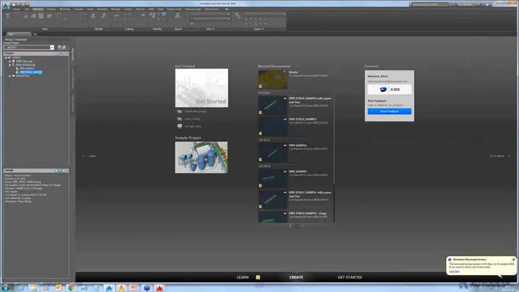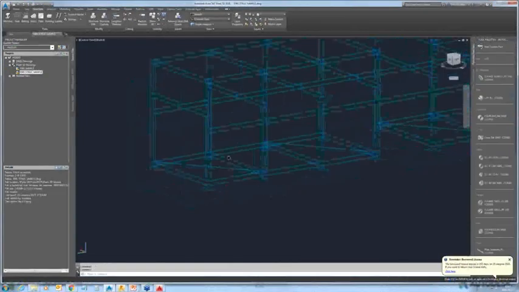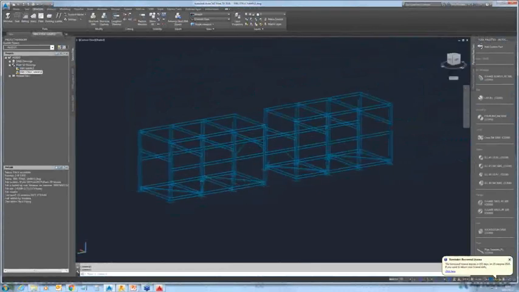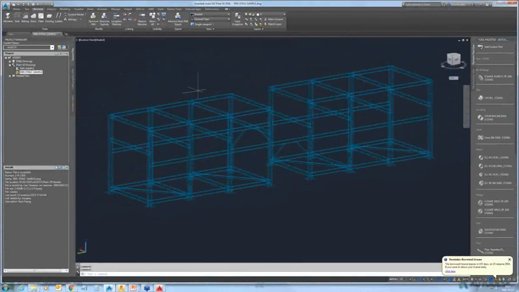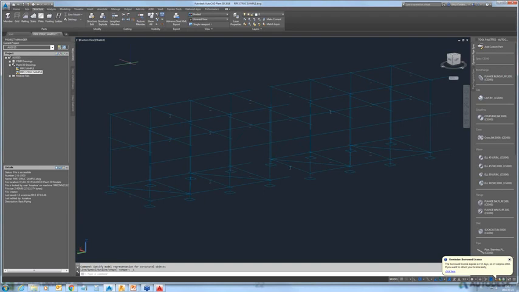And I will load the file. This is actually part of this large plant that I presented on the previous model in Plant. And you can see that there is an option that allows you to display the structure in different modes. So, okay, this is shape mode. This is, let's say, how you see the structure in reality. You may name that the fabrication model,